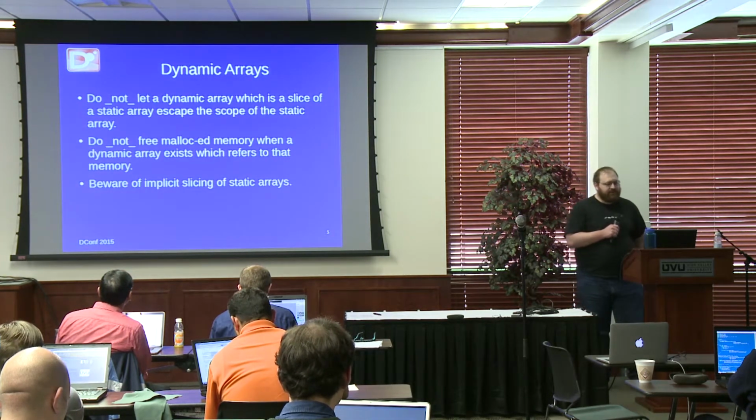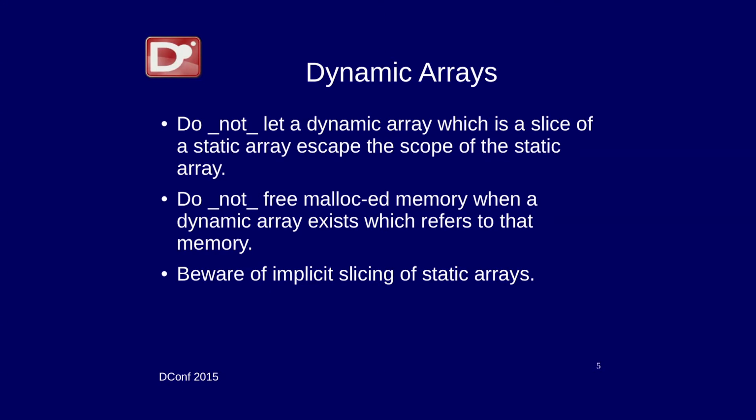And just a quick word of warning, if you're dealing with a dynamic array that's backed by something other than GC allocated memory, make sure you don't do something stupid that results in the memory no longer being valid. Particularly static arrays, when they're sliced, become dynamic arrays. And if that static array goes out of scope, it doesn't exist anymore and you're in trouble. This actually becomes a big problem with ranges if you're not careful, because it's very easy to hide the fact that it was a static array originally once you sliced it and start passing it to a bunch of different